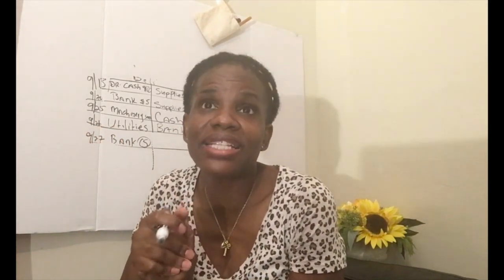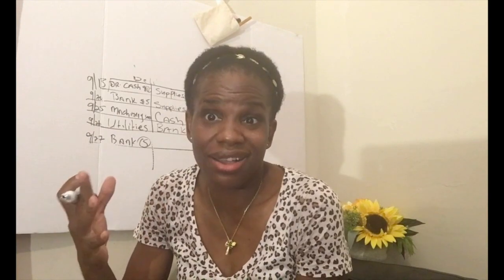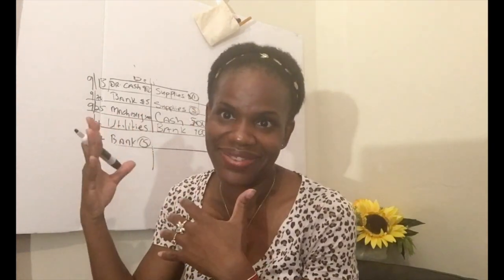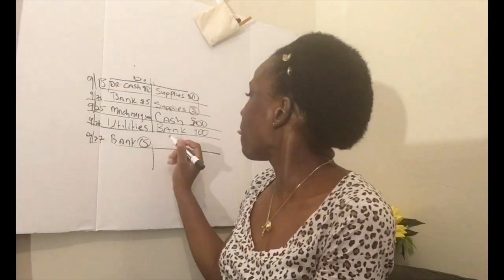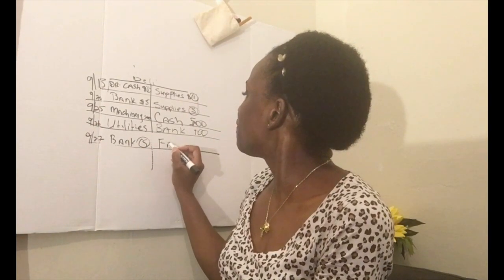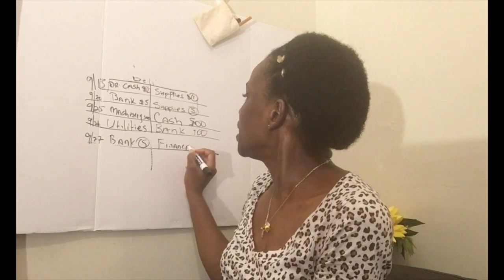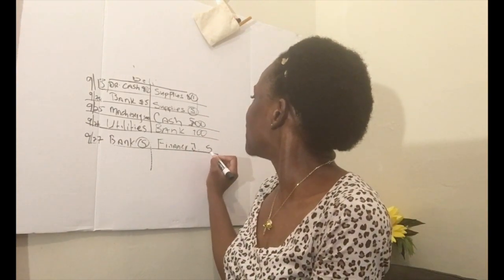All right, let's figure out what goes on the credit side. What would go on the credit side? It would be finance income, because it's an income, something on the credit side that would be some form of revenue, and all revenues should be credited. All right, so you would credit finance income, $5. All right, we're chugging along. Does that make sense? Debit the receiver, credit the giver.